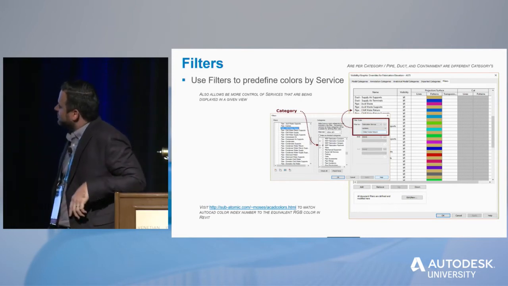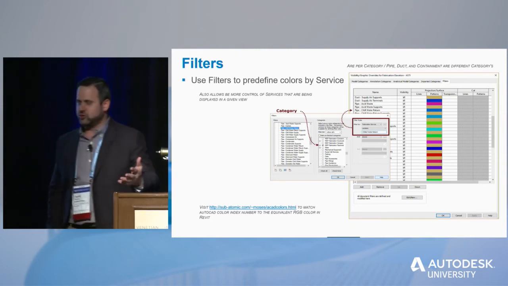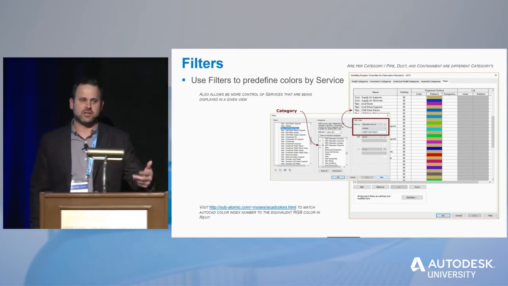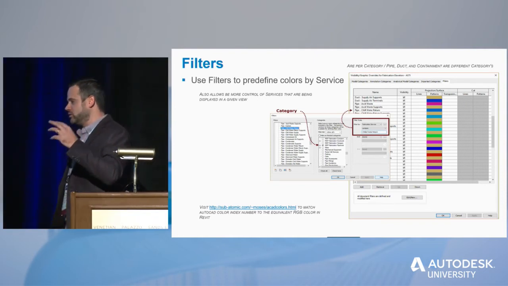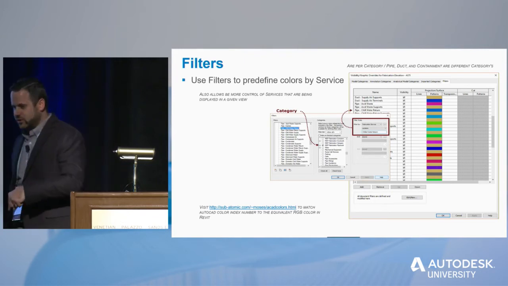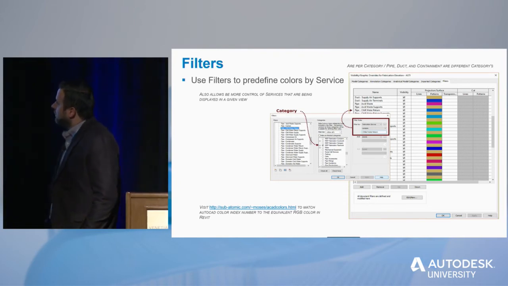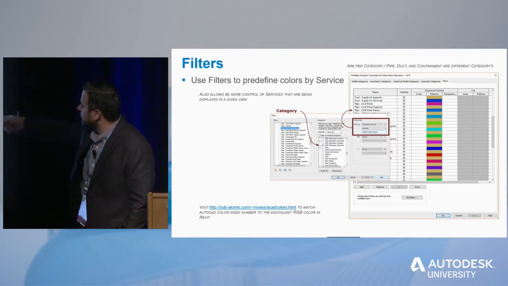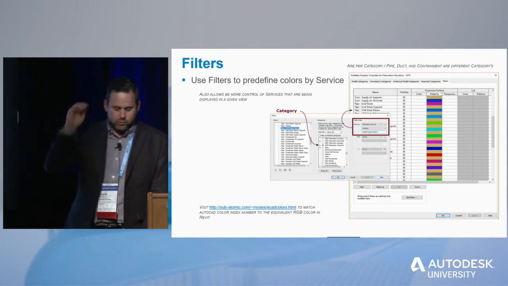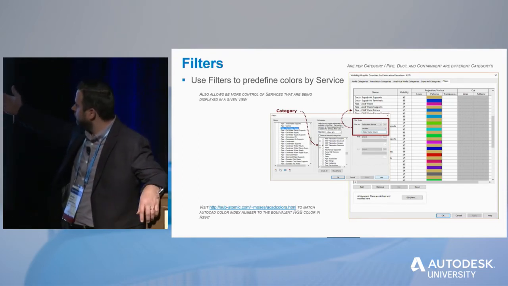All right, use filters to predefine your colors by service. So again, Revit doesn't use layers, and layers are how you got services to have color in CAD, okay? So this is how you're going to get your services to have color in Revit. You're going to use a feature called filters, all right? So not only do you have the ability to add color, you'll notice there's a line there for visibility, so you can turn off and turn on things that fall within